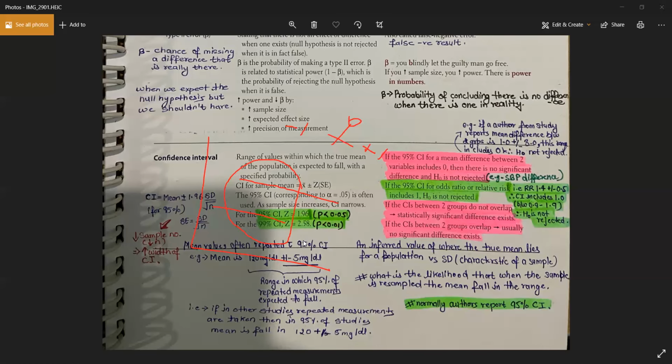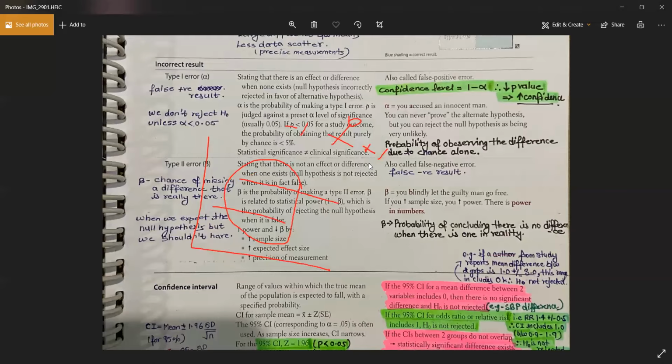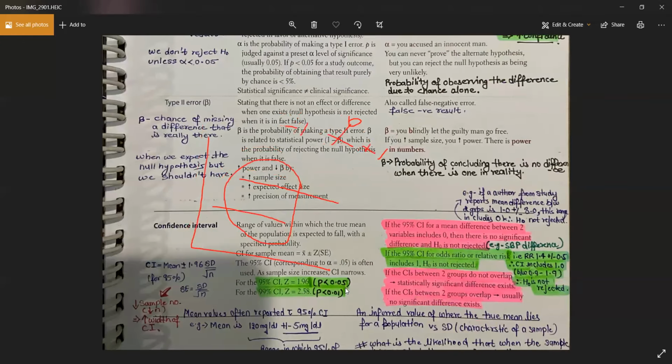Let me show you this. See, as you can see, the confidence level is equal to 1 minus alpha, okay? And if the p-value is decreased, the confidence interval is increased. As you can see, alpha is kind of a p, right? If the p-value is decreased, then the confidence interval would be increased, right? So if you increase your confidence interval, you need to have a very low p-value, right? And if you decrease the p-value, that means the chances of finding a statistically significant result is decreased again,